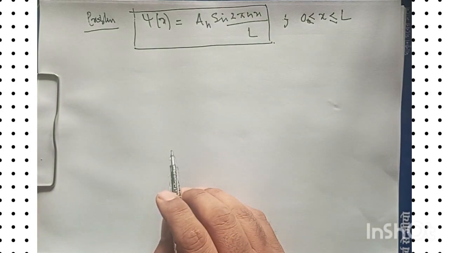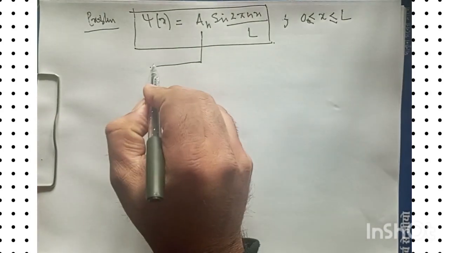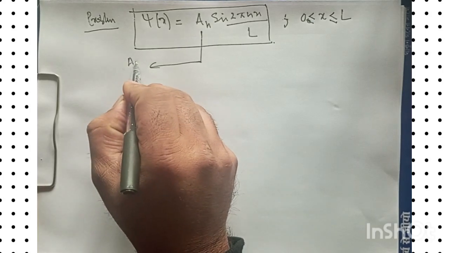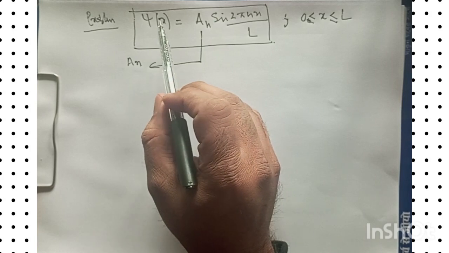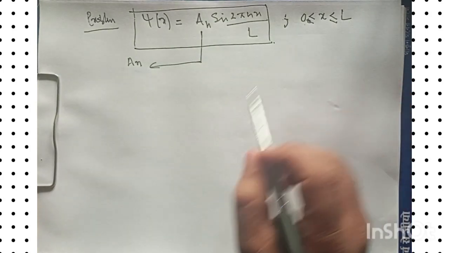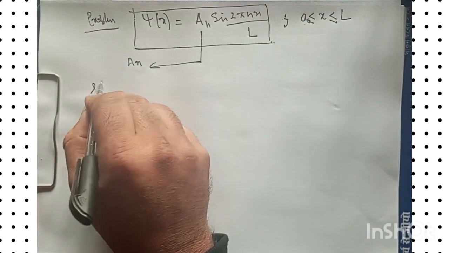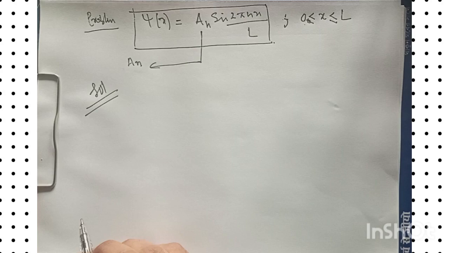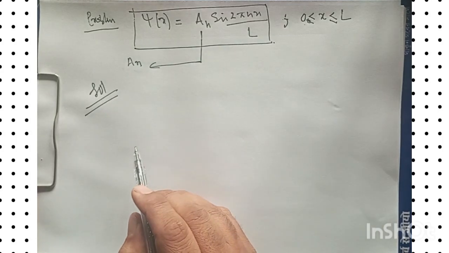What we have to do is find the value of this An, and this psi is defined between 0 and L. So in solving this problem, in getting the value of this constant that appears in this equation, we can use